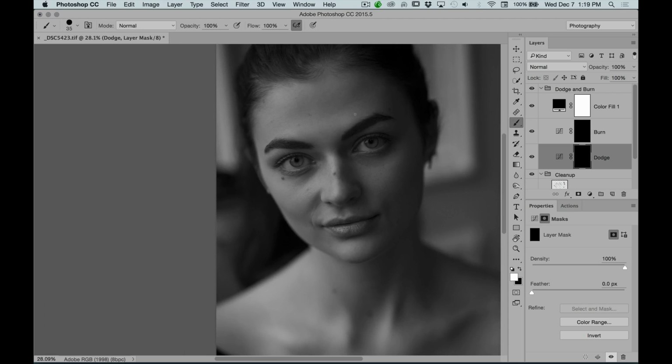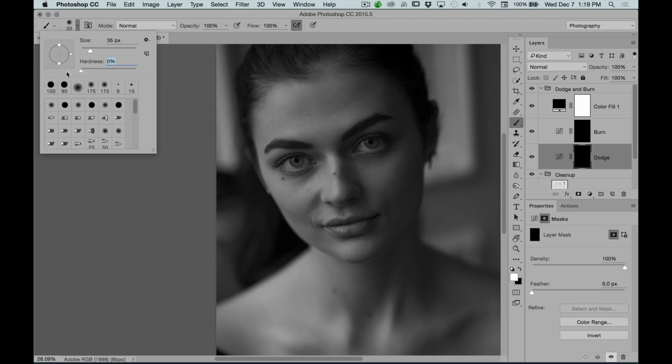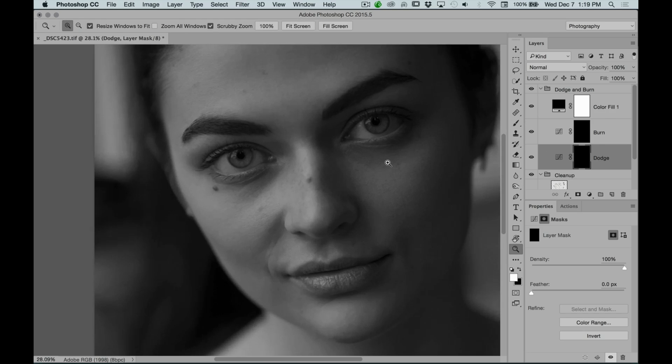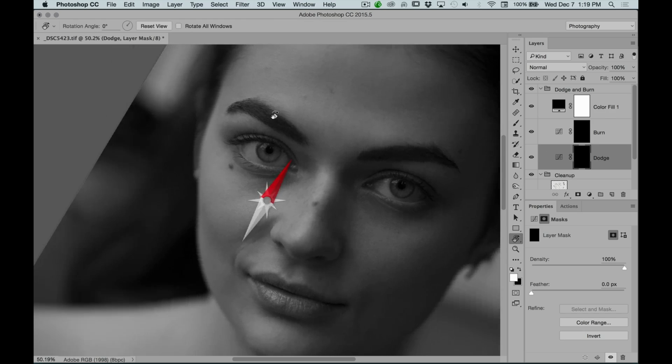Not 100%. I don't want to make it look like she's a mannequin. I want to keep her real, but I want to lessen that impact. So I'll click on my mask. I'll click on my regular brush. When I dodge and burn, I always keep my hardness at 0%, and my brush size with Q and W will change. My flow will go back to 1%,